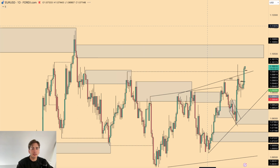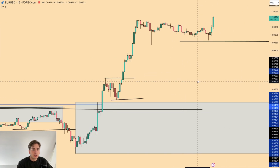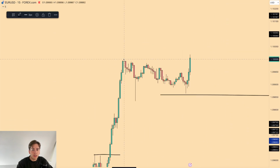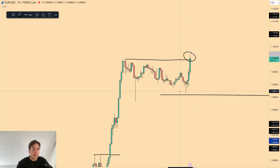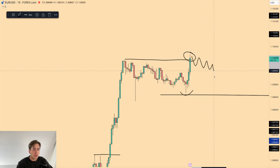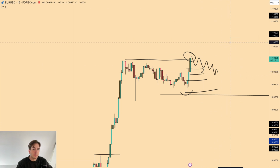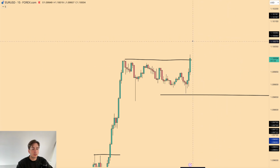Now going into the 15 real quick, just try and identify a strong low. So a strong low is a low that took out a high. Obviously over here, if we see a nice 50-minute candle close, then this means we have a strong low. Then look for a nice setup over here. Obviously we have some demand over here and some demand in these wicks over here. Look for some liquidation to form, and then you could look for a potential long. That's what I would be looking for on